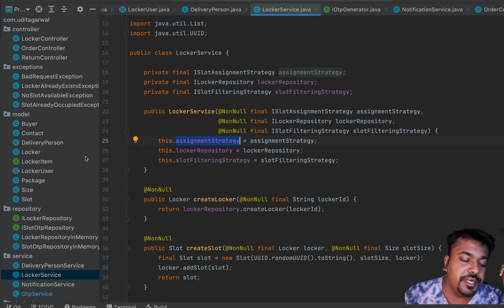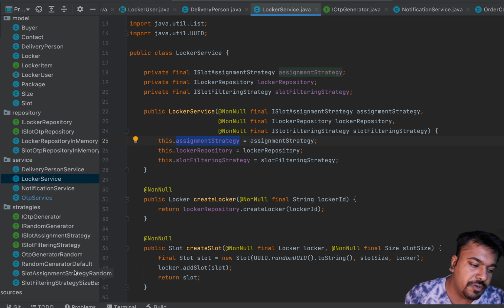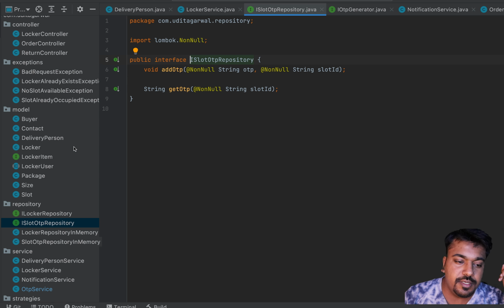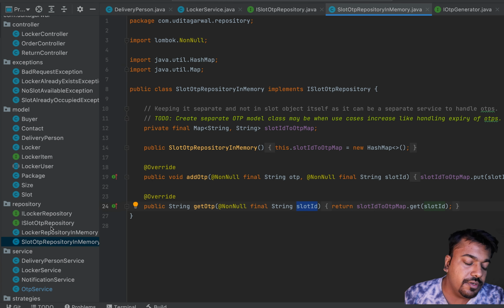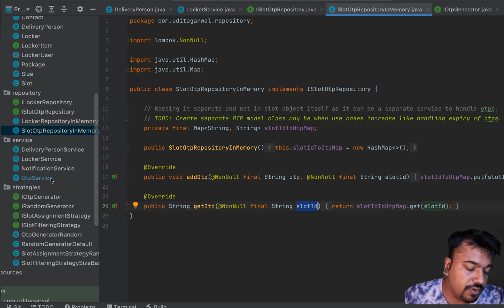Some of the design patterns which I already told you we have implemented, like the strategy pattern. I'll not again go into the details because I've already talked about it a lot. We have also followed the repository pattern. You can see we have created repositories for the different storages, and because of this repository pattern, you will be able to change the target storage location. Let's say if you have a database tomorrow, you can just create a new repository for the database, and it will just work like that. So these are some of the patterns we have tried to follow.